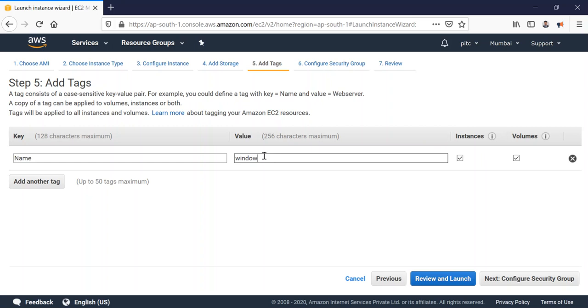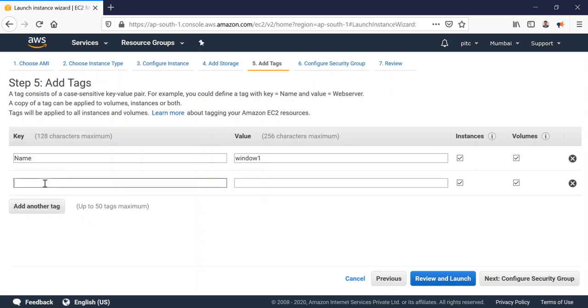I will be able to see the different instances where I have window as the name, or based on your requirement you can give a key value pair. Like suppose I say date, and I can give the date, like this machine I created in May 20.